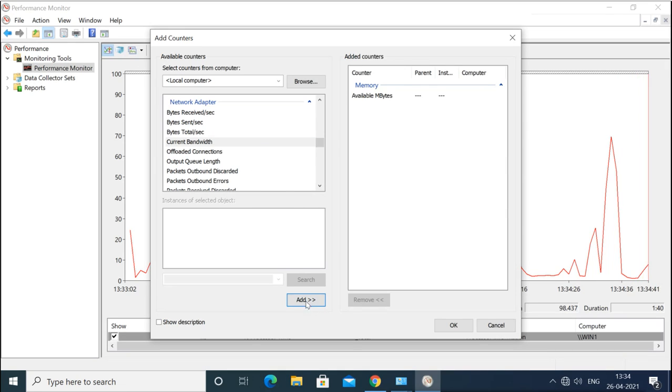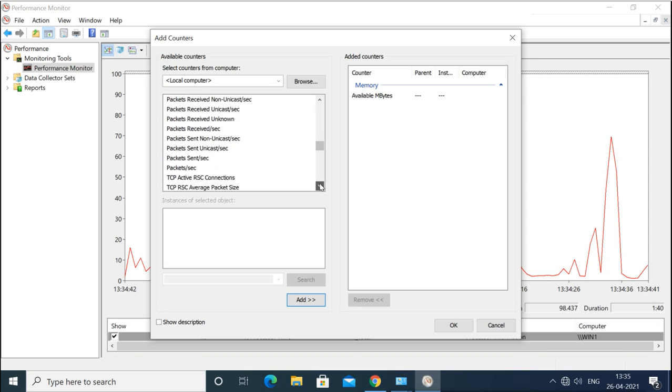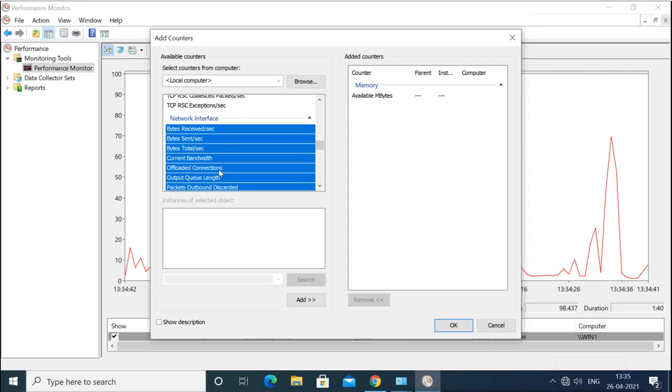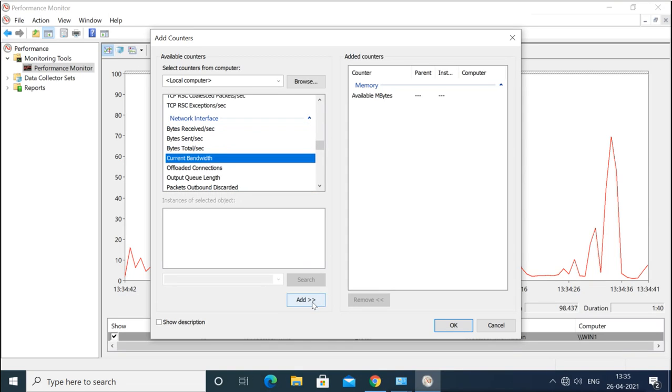I want to add this. Then you can go on to see what interface setting, current bandwidth.